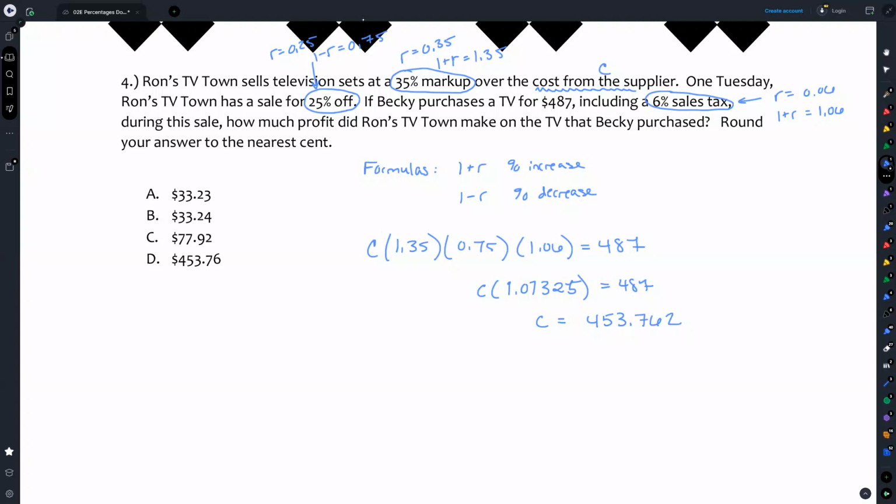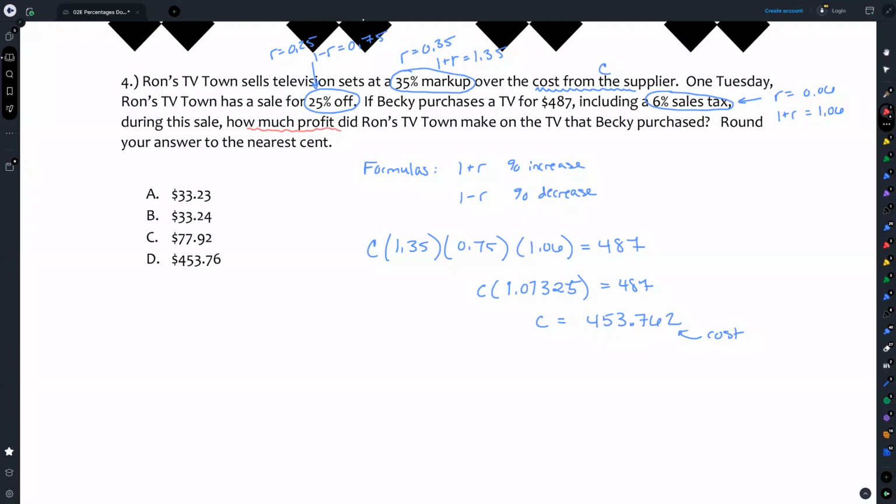And I'm being careful to keep plenty of decimals because I can see in the answer there's 2 decimal places. I want to keep at least 3 in my work so I don't have rounding error. I'm actually keeping more of that on my calculator, but when I write it down, I write down at least 3. Okay, so let's pay attention to what we got here. This is the cost, but that is not what the question is about. The question is about how much profit,